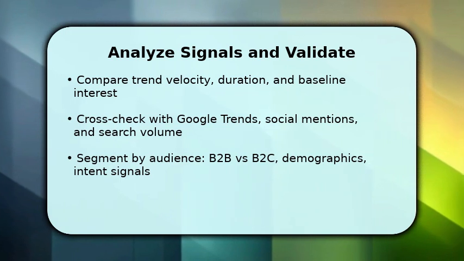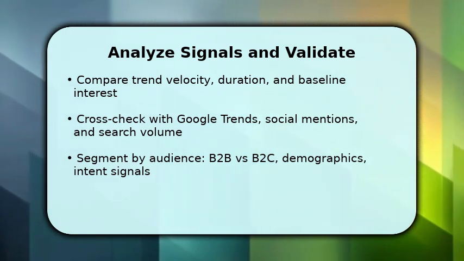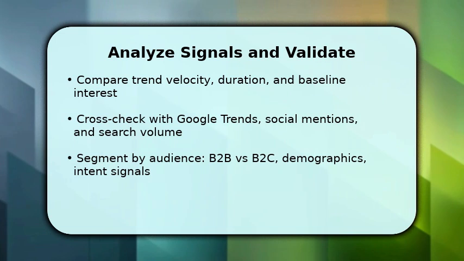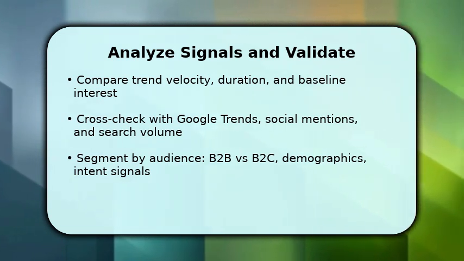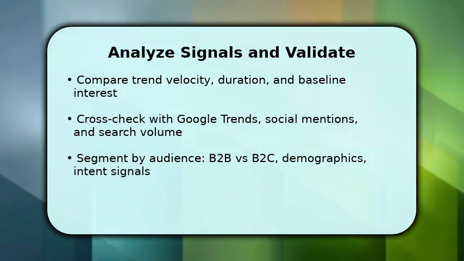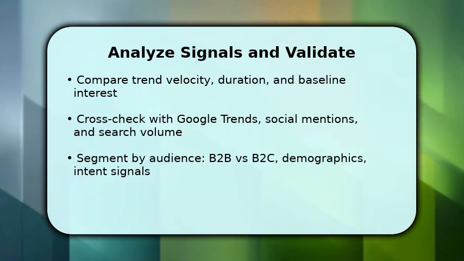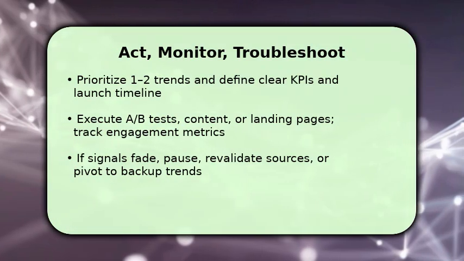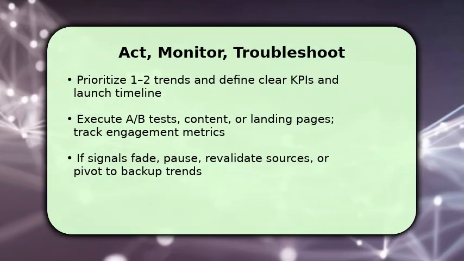Next, segment the opportunity by audience. Determine if it's B2B or B2C, identify core demographics, and assess user intent so you can prioritize trends that align with your goals. Now choose 1 or 2 high-confidence trends and define specific KPIs and a launch timeline so you can